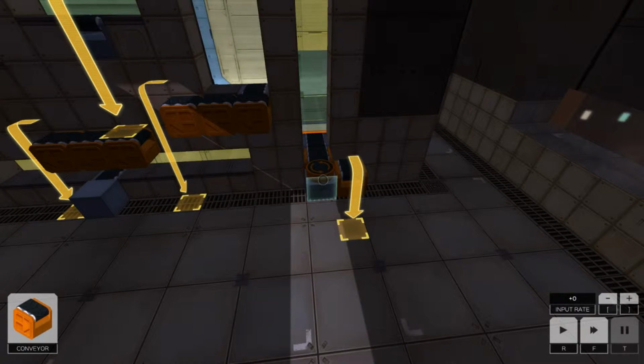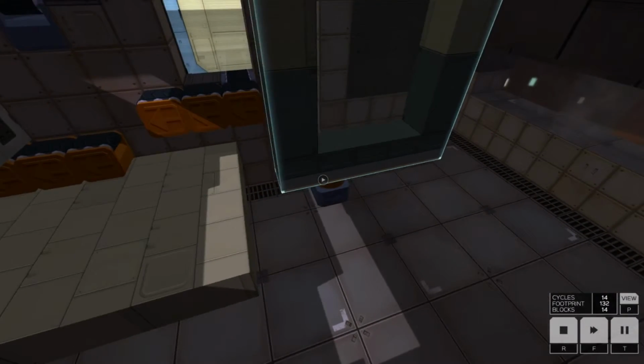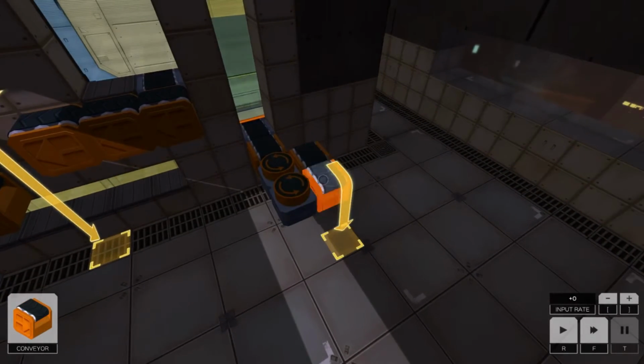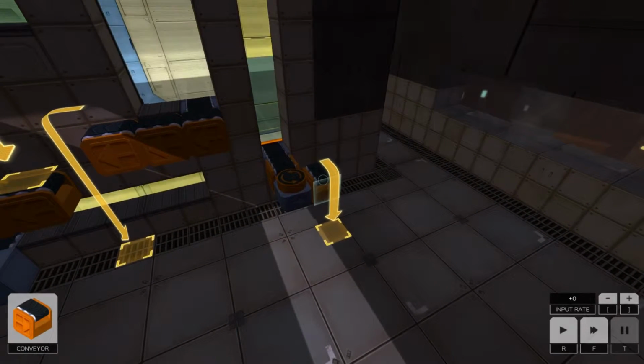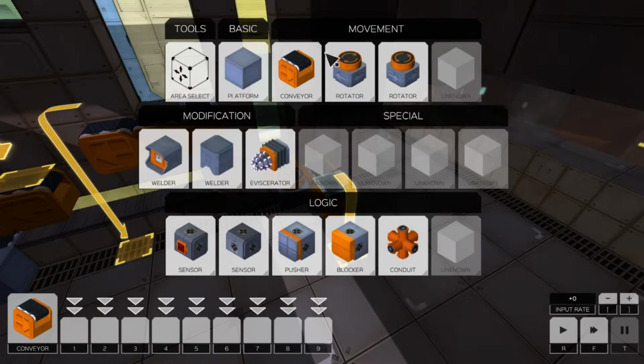Alright, we'll put another rotator down, I say. And that should rotate it more. Weird, that didn't actually rotate it again. Oh, I see. The rotators are currently fighting with each other. That comes over here. That gets rotated once, and then...